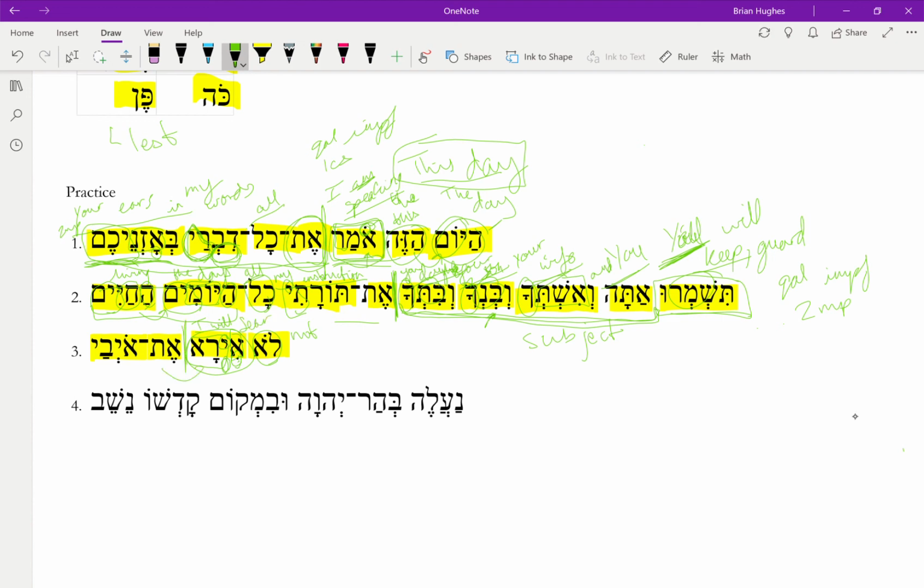Definite direct object marker. So this is what is receiving the action of the verb. It's not doing the action of the verb. And then we have oyevai. So we can recognize the suffix. The patak yod here is my, but it's on a plural. Remember, this is the form that goes on a masculine plural